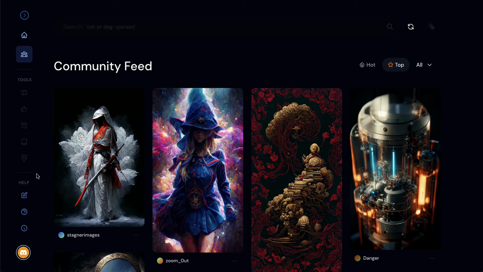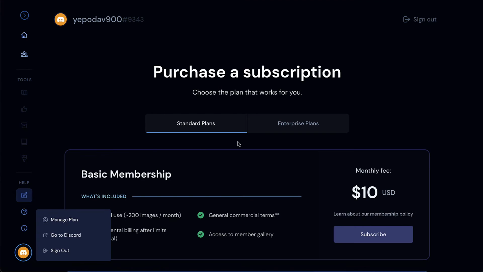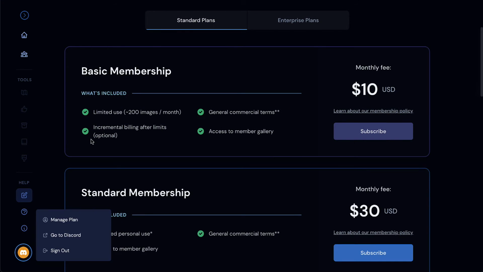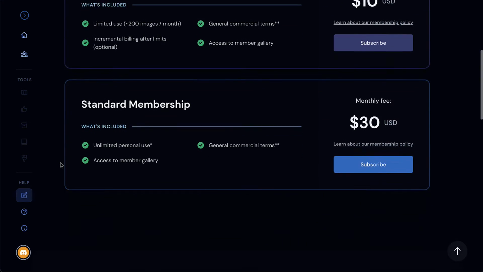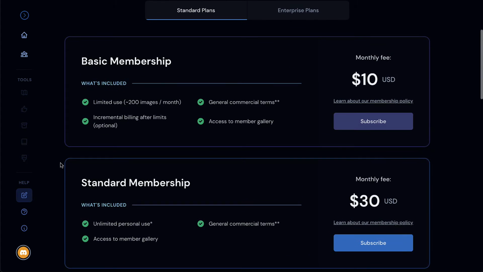All right. So now I'm on the free account, which is they kind of let you try out Midjourney and generate a few images. And you can see that if I go to my profile here and click on manage plan, it's going to tell me what are the other options. Okay, so basically they have pretty much two membership plans. They have the basic membership, and that allows you to